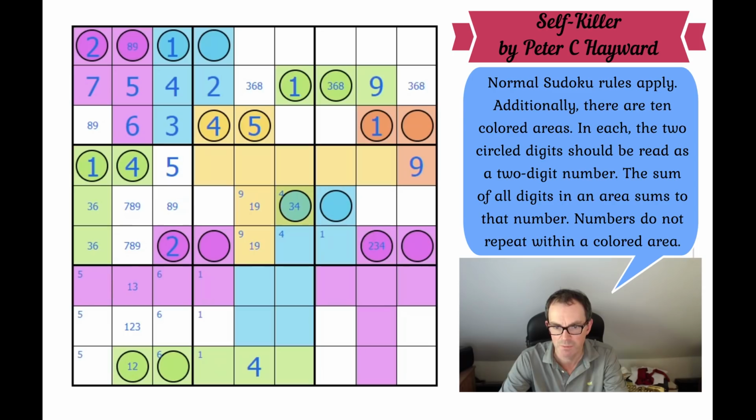Oh, let's remove that one from there. This is the 1. Therefore, that's a 1 and that's a 9. The 9 can't be here now. So then,